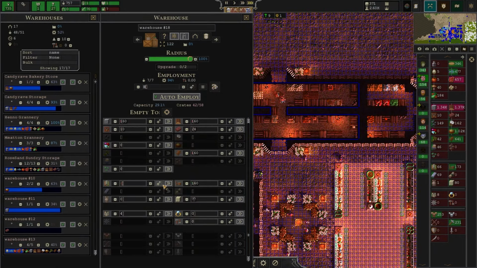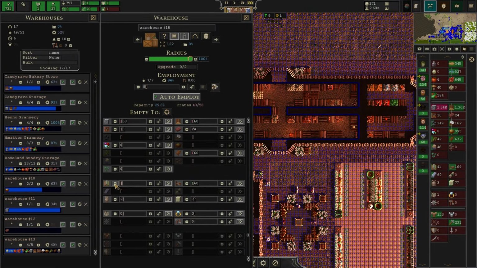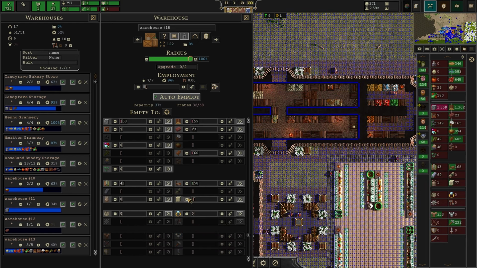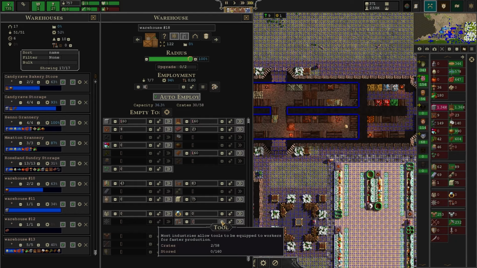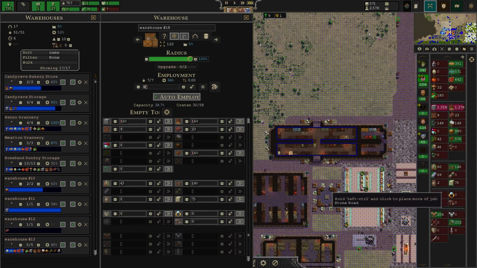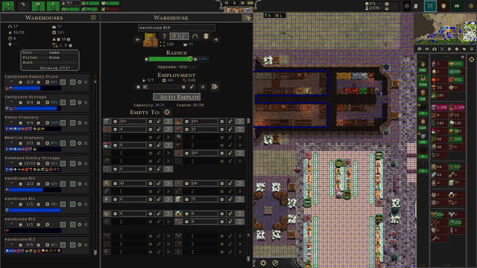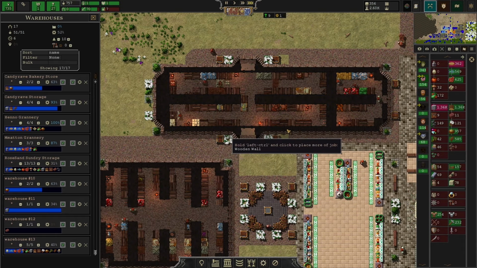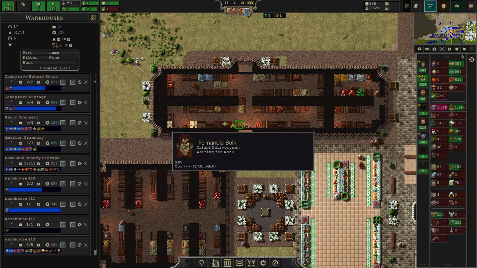Because right now I'm storing items that I would sooner have available to my... Actually, I wanted that to be 2. That I would sooner have available to my granaries. With that done...